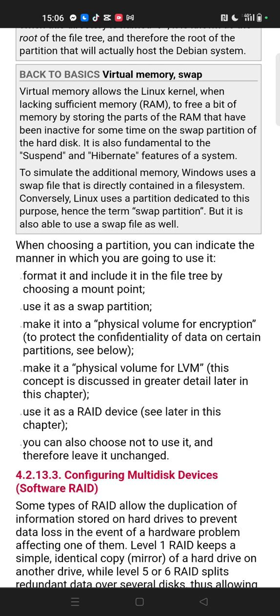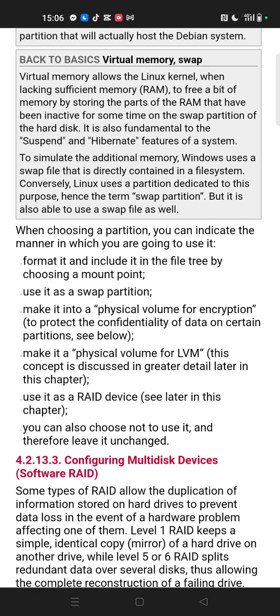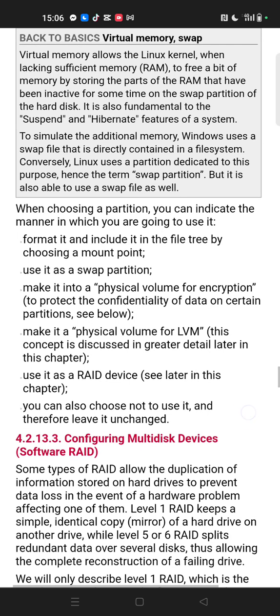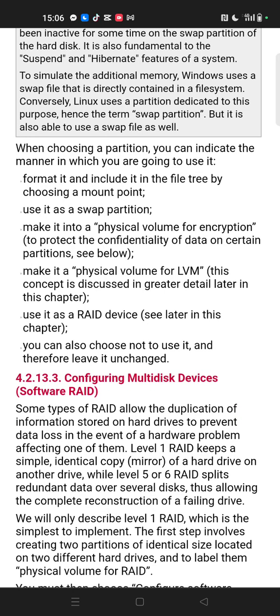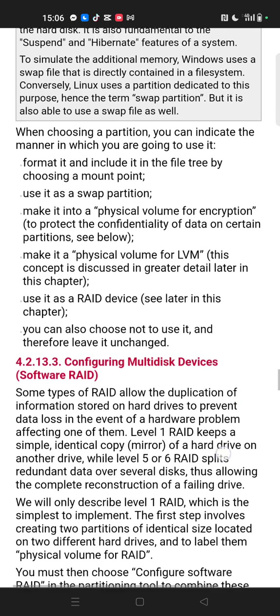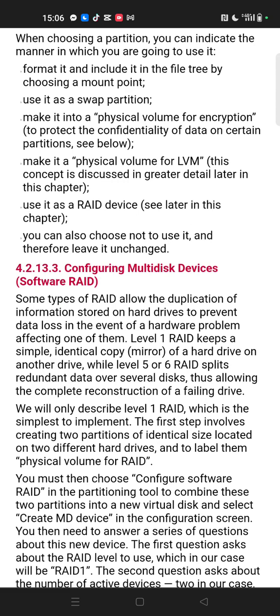make it into a physical volume for encryption to protect the confidentiality of data on certain partitions, see below. Make it a physical volume for LVM. This concept is discussed in greater detail later in this chapter. Use a RAID device, see later in this chapter. You can also choose not to use it and therefore leave it unchanged. 4.2.13.3